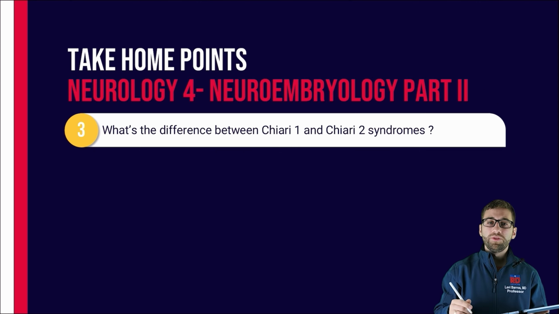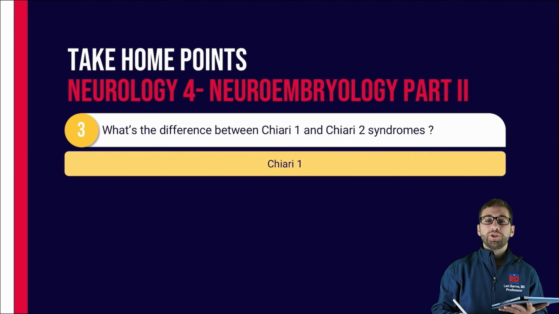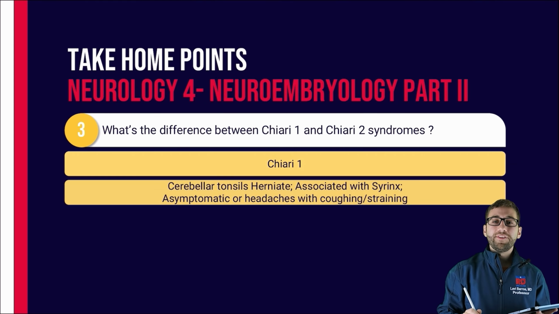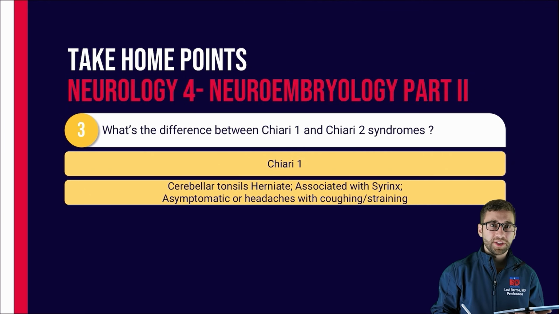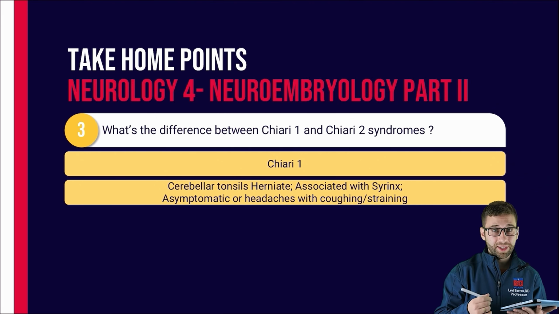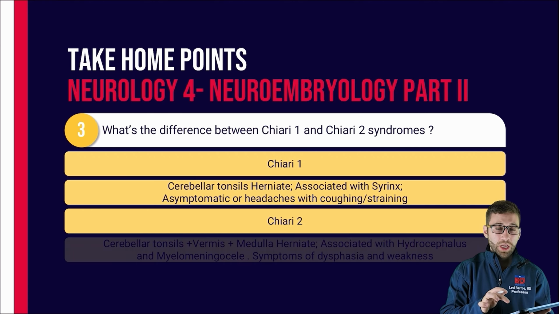Moving forward, Chiari malformations are structural defects in the cerebellum. There are two main types to consider. Chiari 1 malformation involves the herniation of the cerebellar tonsils through the foramen magnum. It is often asymptomatic, but can present with headaches that are exacerbated by coughing or straining. Chiari 1 is frequently associated with the development of a syrinx, leading to syringomyelia. Okay? On the other hand, Chiari 2 malformation involves